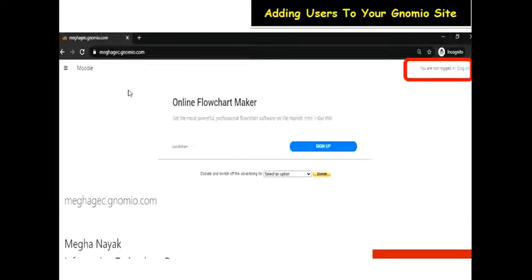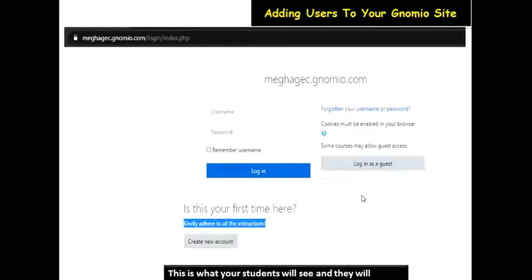Alright, so now I'm behaving as a student, and I open another window in incognito, or you may just log out, close all your existing windows, open another internet window on your browser and type your site address. Once you type your site address, you will be landing on this front page. You land on this front page, and you will click on login. After clicking on login, you have to make sure